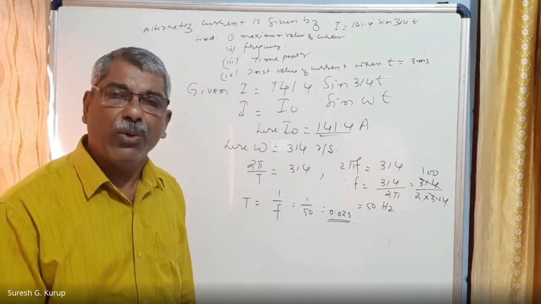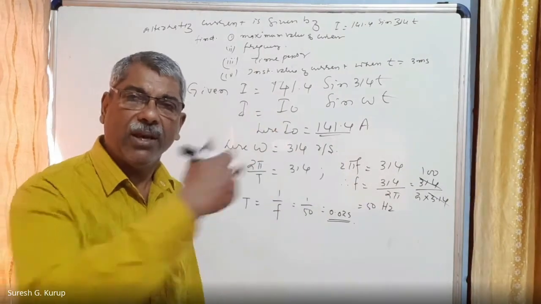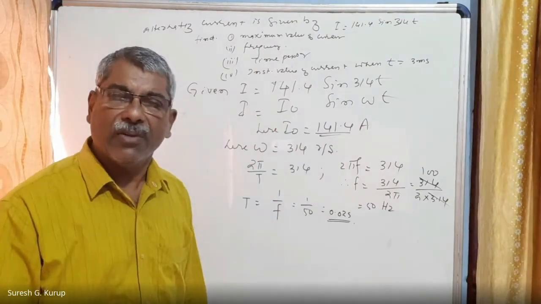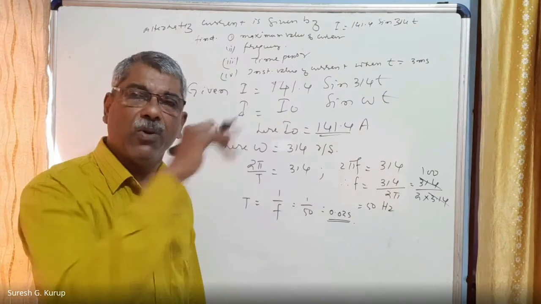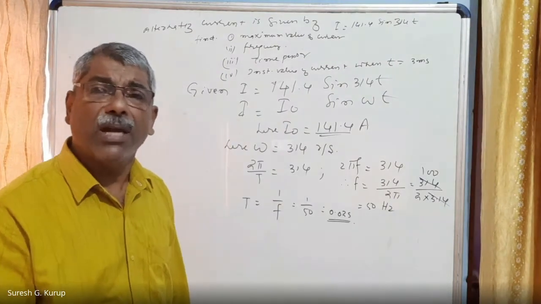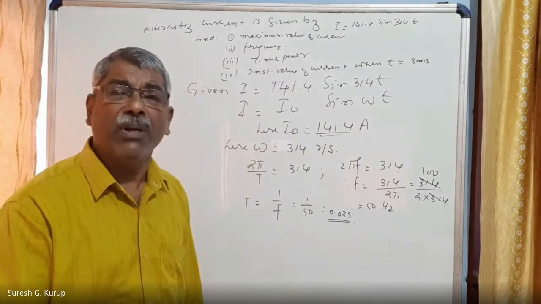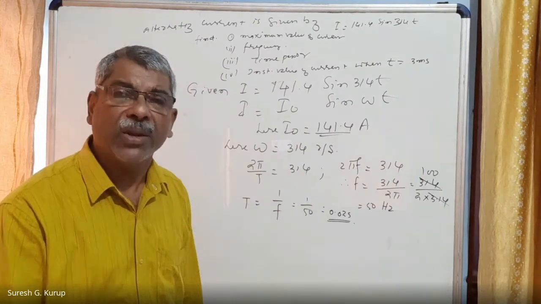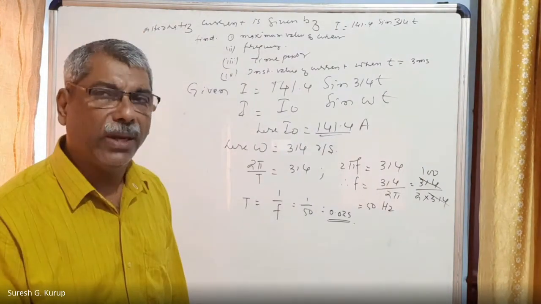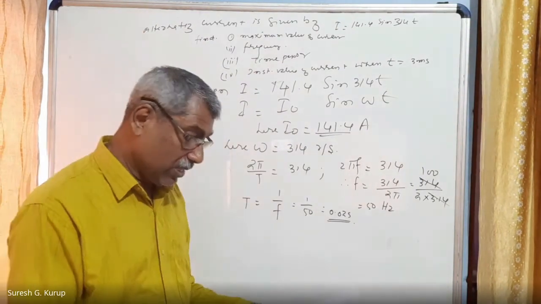Every revolution can be divided into two parts: one is the half cycle, and the other is the next half cycle. The first half cycle is positive, 50 positive, 50 negative. That means 100 times the current and EMF becomes maximum in the circuit, meaning the peak value in the circuit. Am I correct?